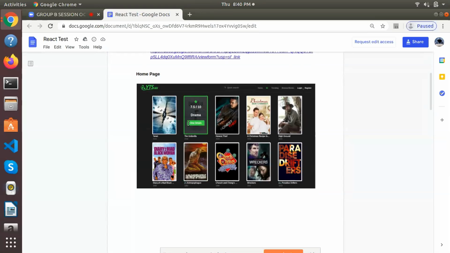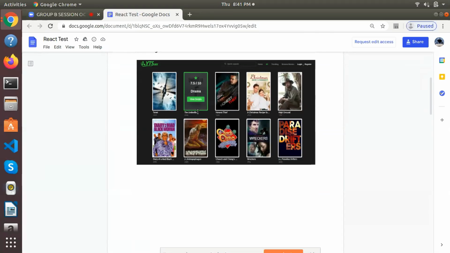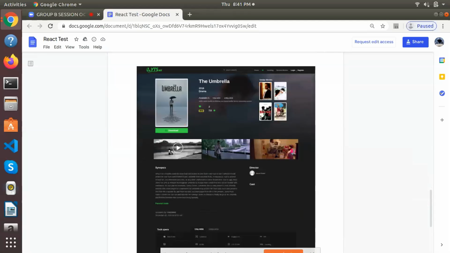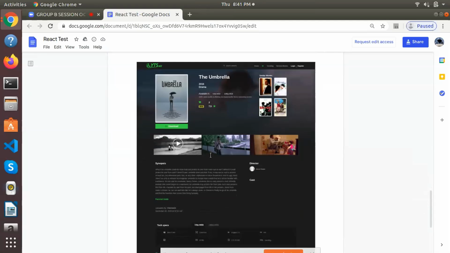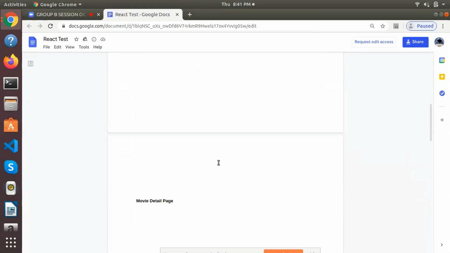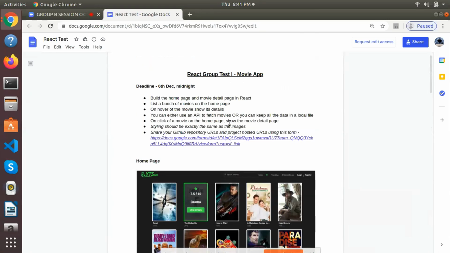And on hovering over it, we had to show the details, like the details that it is showing as of now. That is, it has an IMDb rating of 7.5 out of 10, a category of drama, and a button. So when the user clicks on the view details button, it will show a second page, that is the movie details page, and we had to show this kind of screen, the second screen. So I think it was pretty simple. There was no add movie or delete movie functionality. It was a pretty basic test, and I think it was pretty straightforward also.